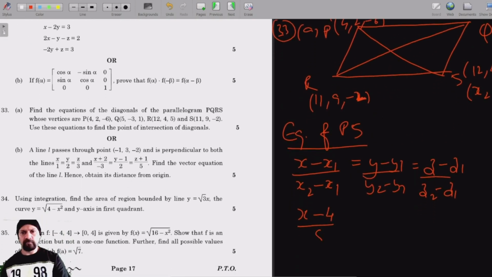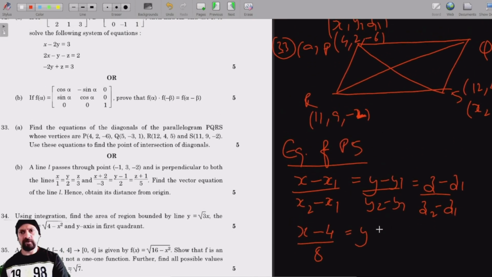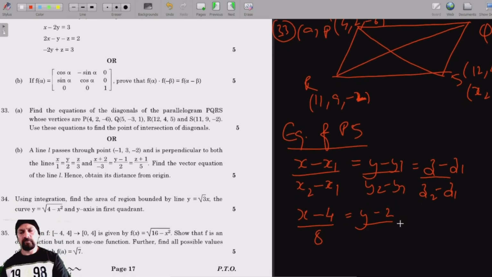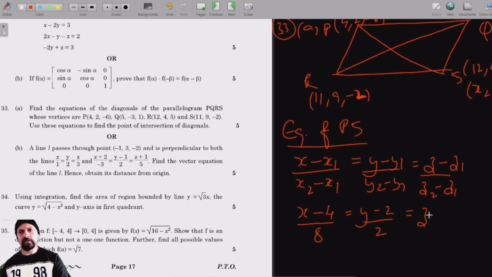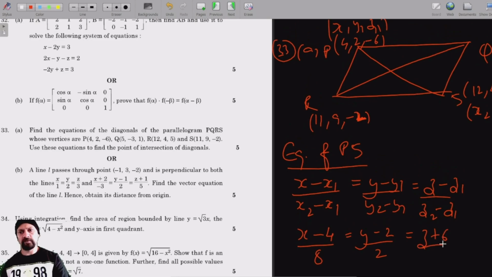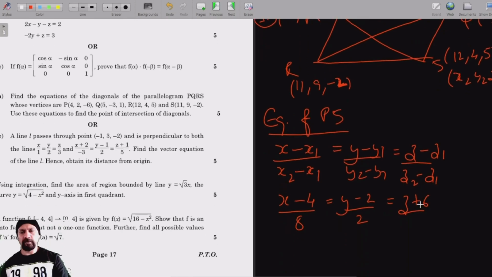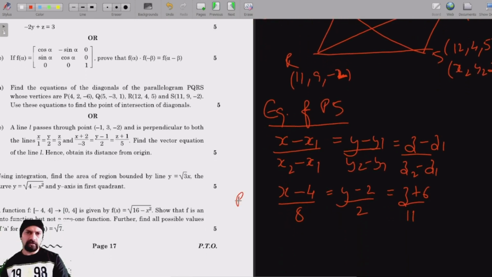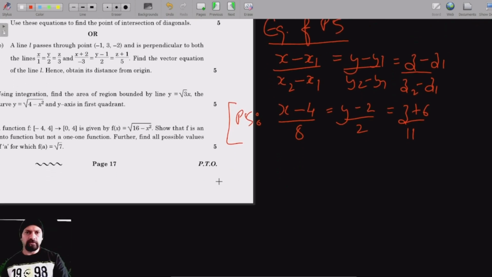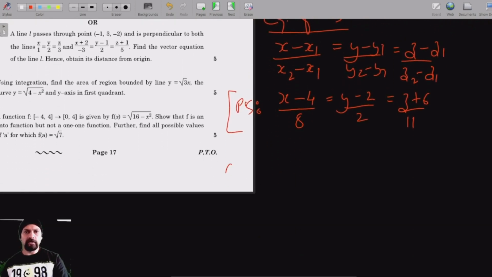so 12 minus 4 is 8, y minus 2, 4 minus 2 is 2, z minus z1, which is plus 6. So this is z plus 6, and 5 minus (minus 6) is 11. This is the equation of the diagonal PS. Similarly, the equation of the diagonal QR, as it's passing through 2 points, is